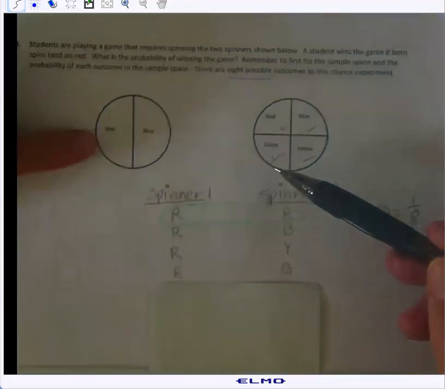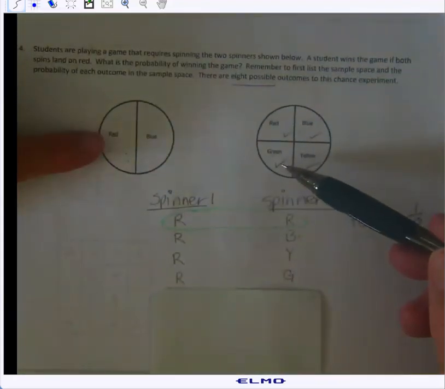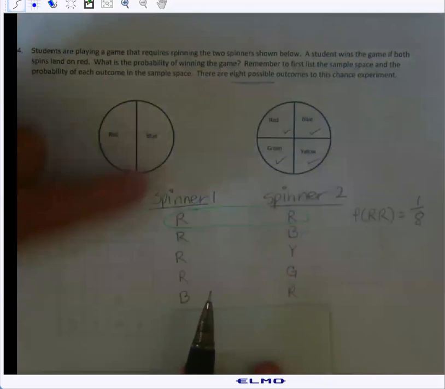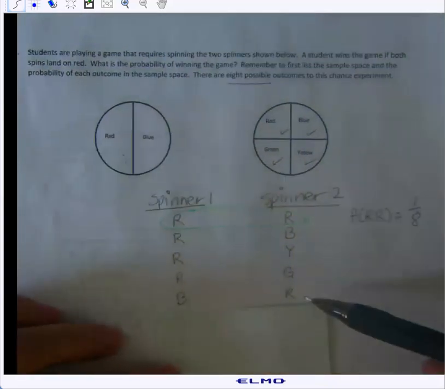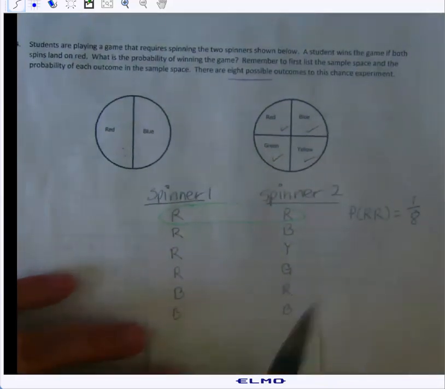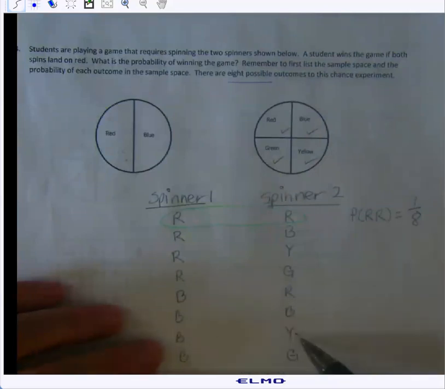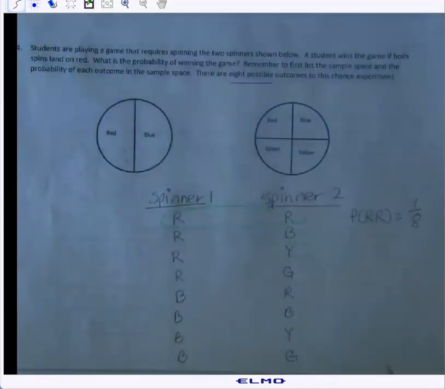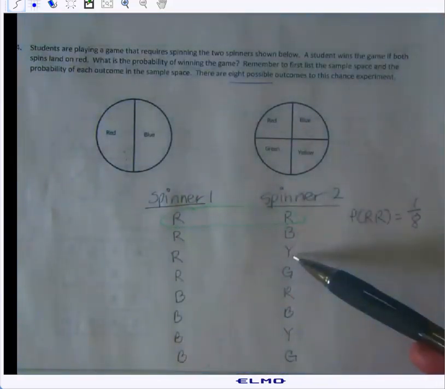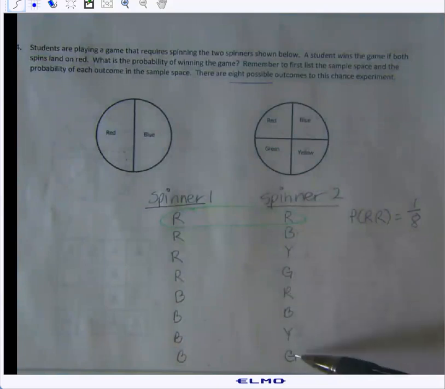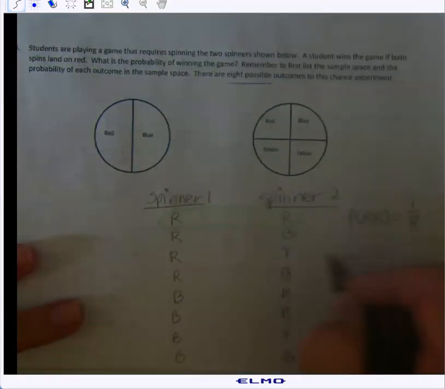No. Now we know it's safe to move on to the first spinner landing on blue, and then you go through the same process. It will be blue, red, blue, blue, blue, yellow, blue, green. And you just make sure you don't miss any. There should be 8, and there are 1, 2, 3, 4, 5, 6, 7, 8. So the sample space,